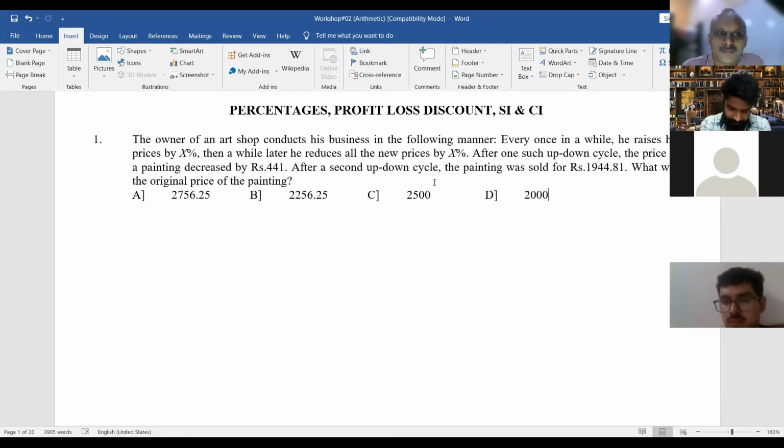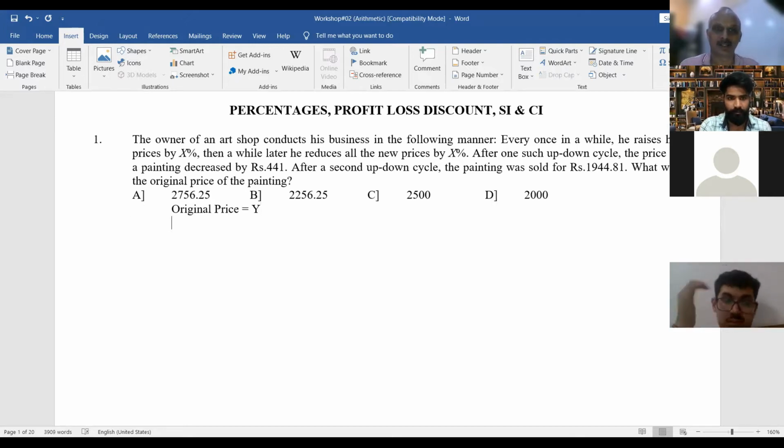What I've tried is y minus 1. Actually, y is the original price of that food. So, okay, Ashish, what strikes you is y. Y is the original price because x they are used already. Yes, sir. So your original price is y, okay? So, sir, the first equation we form is that 441 is equal to 1 minus x into 1 plus x into y minus 1. You are saying that the original price is y. Let's say this is y.